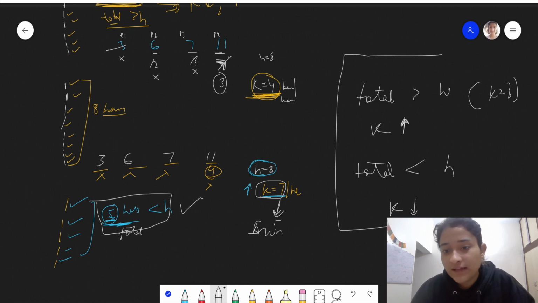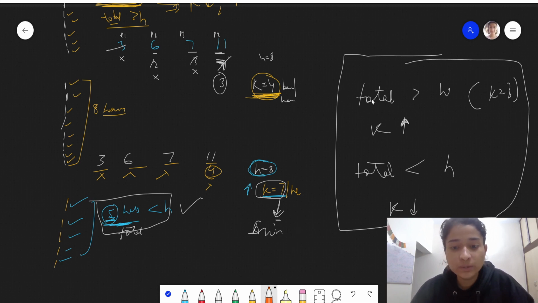So with this analysis, are you able to think that this could be done using binary search? Binary search, how binary search? See, over here the k value depends on how many total hours there are.